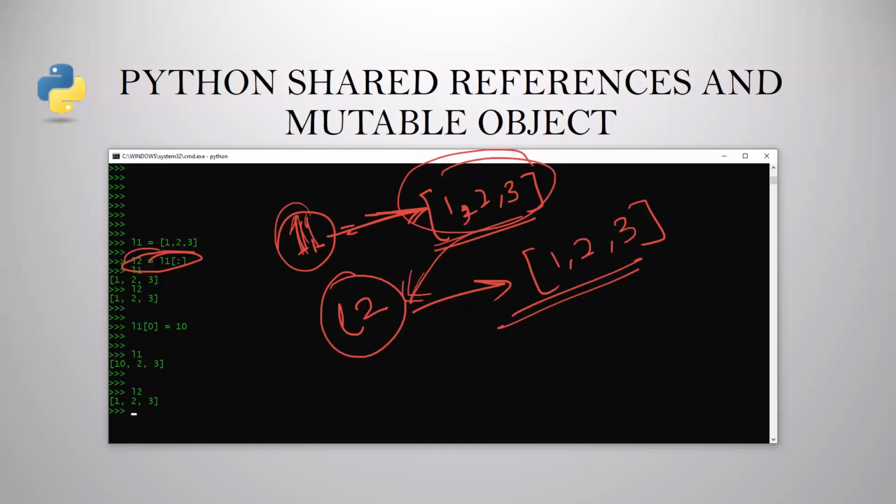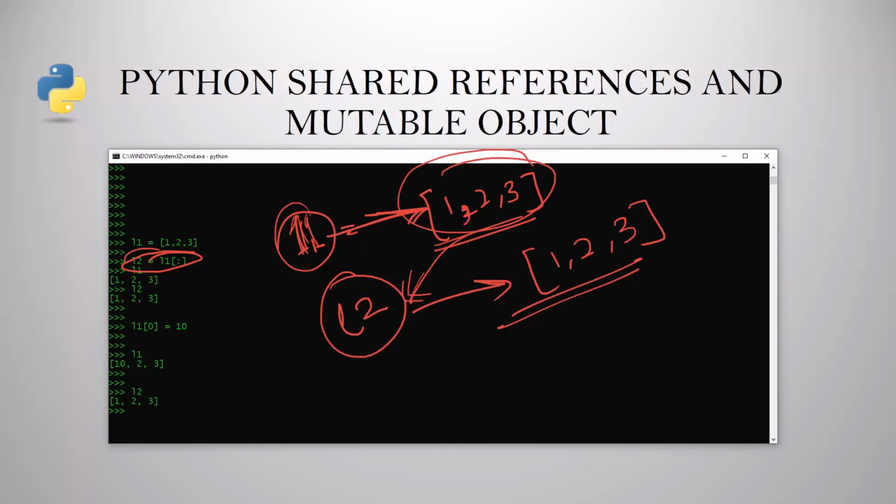Slicing is a technique that only works with sequences. For other mutable objects like dictionary and set, this doesn't work. The reason is that dictionary and set don't maintain the order of their items.